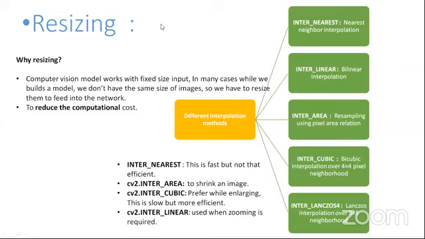So that's the need of the resize function. Whenever we are working on any model, we basically resize the dataset we have to the size that we want. If we have multiple images, like 1024 dimensions and 400 by 400 dimensions, we resize them to a fixed size so that we can feed them into our model. The second thing is to reduce.